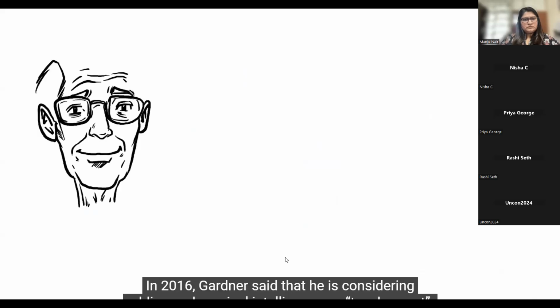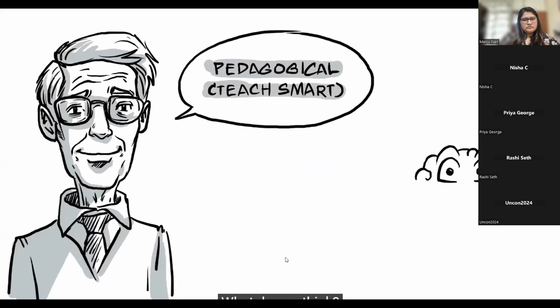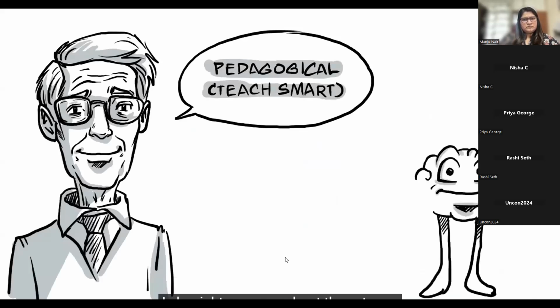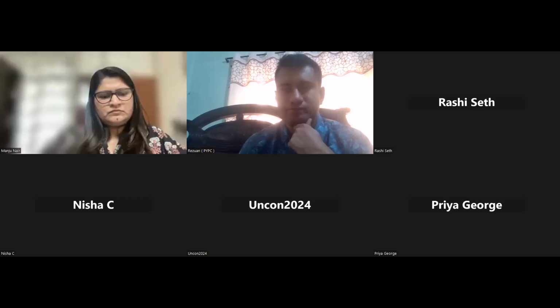In 2016, Gardner said that he is considering adding pedagogical intelligence, or Teach Smart. What do you think? Is he right or wrong about these types? Or are IQ, EQ,